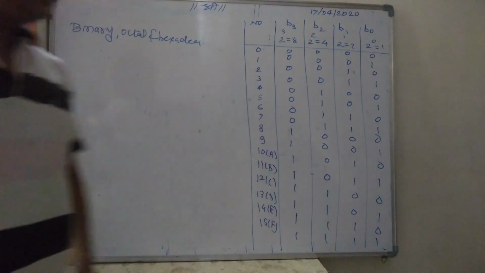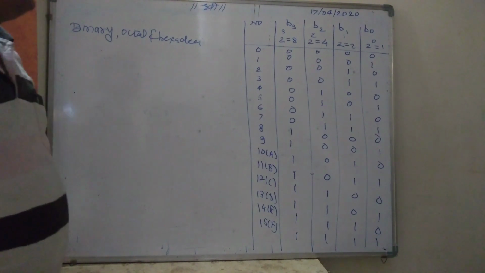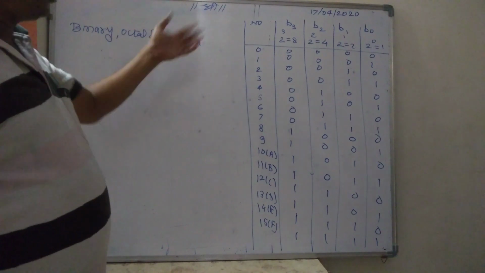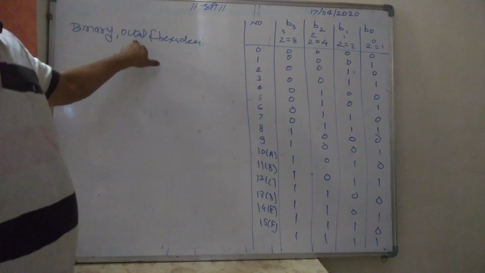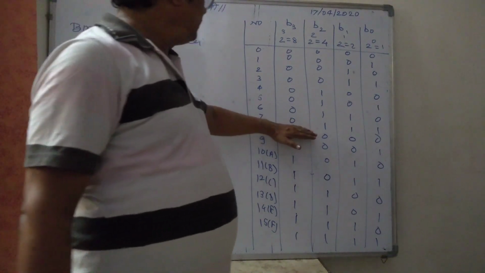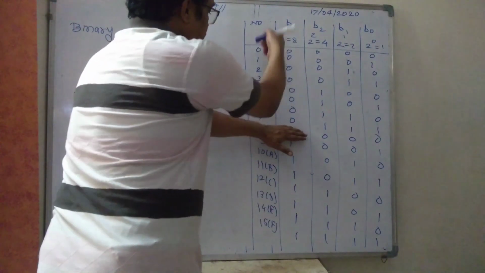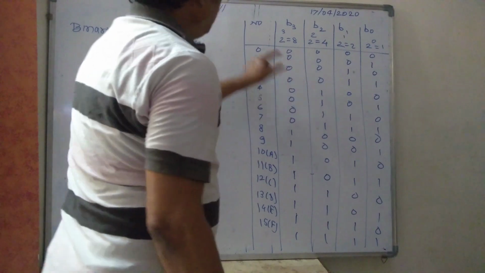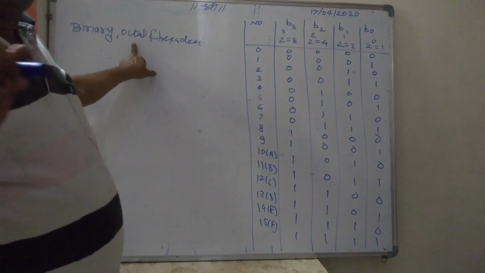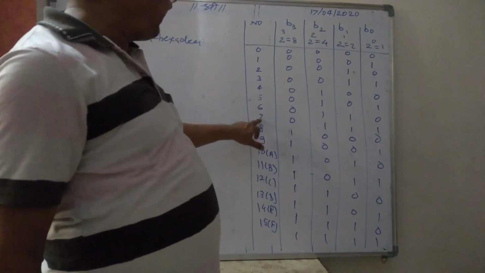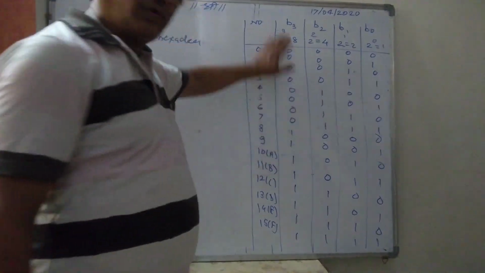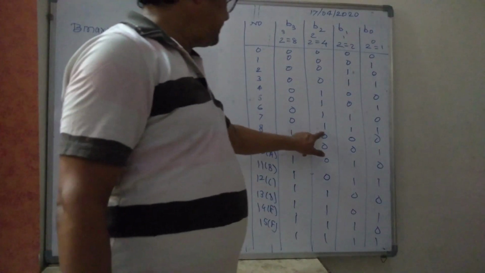It can be extended as required. So now we have to convert binary into octal and hexadecimal. So octal means total 8 numbers, 0 to 7 is 8. All these entries are zeros. So octal number, 2 raised to 3 is 8, so octal number is represented by 3 bits only. If you want to represent 7, then it is 111. No need to write the leading zero. 7 is represented as 111.